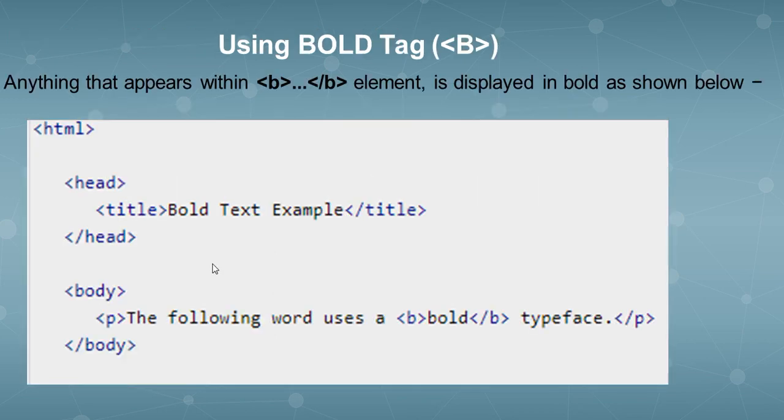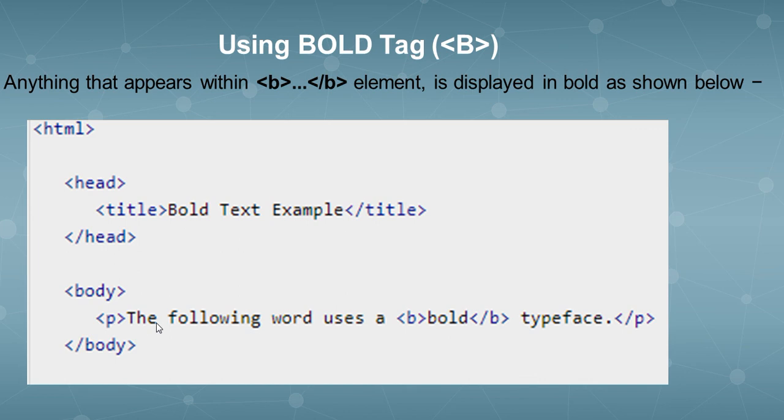So now come to the next example. I am going to say the topic is using the bold tag. The bold tag provides you bold letters, meaning thicker letters as compared to other tags or syntax appearing in a browser. Whatever we place inside the B tag open and B tag close will be displayed as bold text. So here is the bold text example. Let's come to the body part.